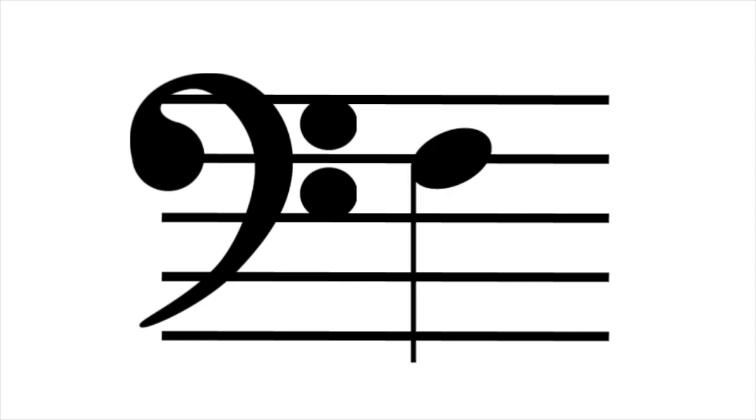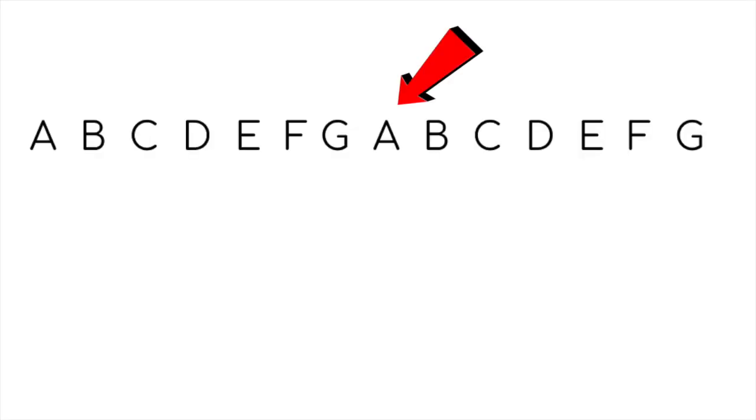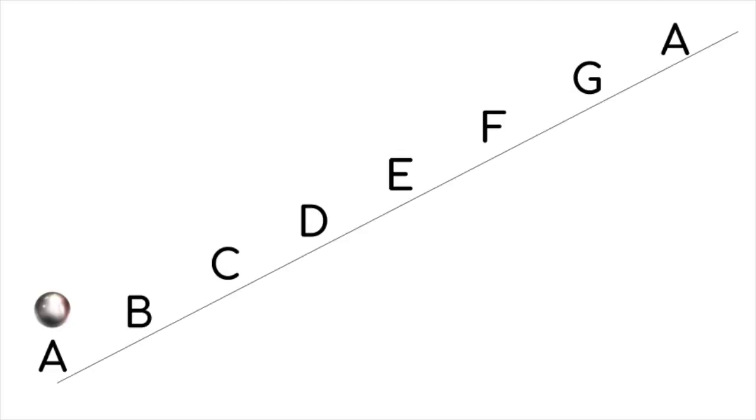Now that we know that this note is F, we can easily figure out all the other notes on the bass clef staff. This is our musical alphabet. Once we reach G, the alphabet starts over again. Each letter represents a different pitch or sound, so it can be helpful to visualize the alphabet going up the